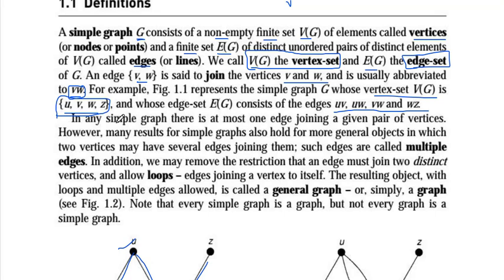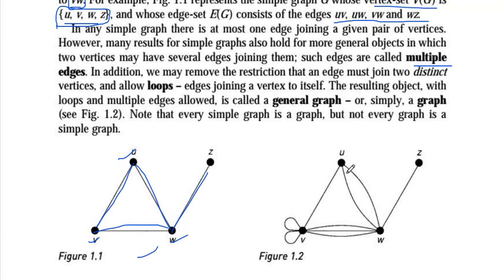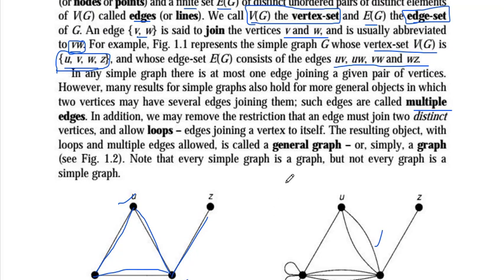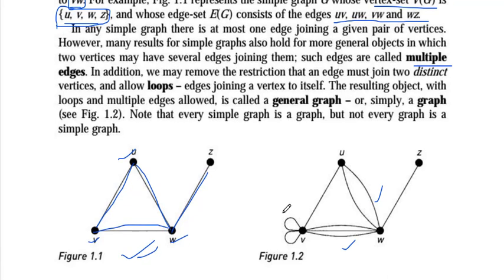We have also discussed multiple edges. Yes, this is multiple edges. If traffic arises, we will make two roads. So this is multiple edges, and this is a simple graph. We studied this in the last lecture also. And this is called loops. Loops mean an edge joining a vertex to itself. For a road network, for parking purposes or anything, we may allow loops.